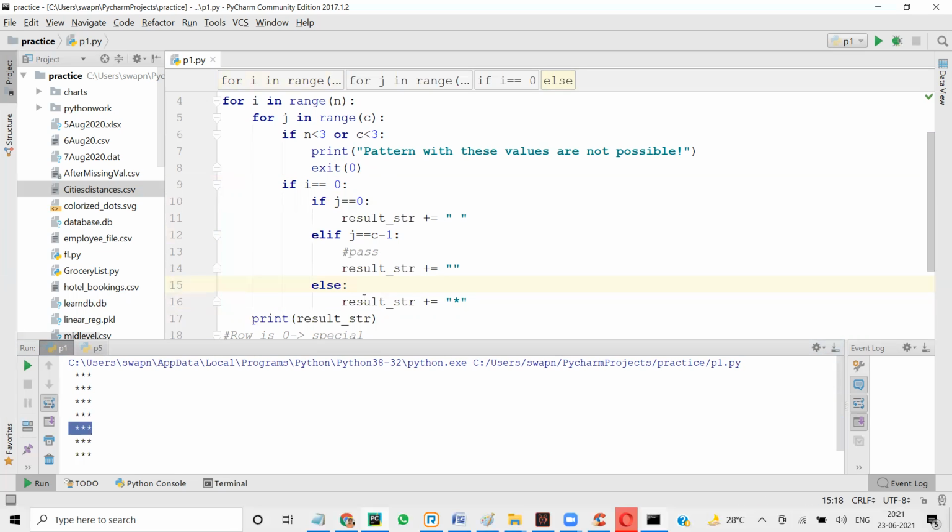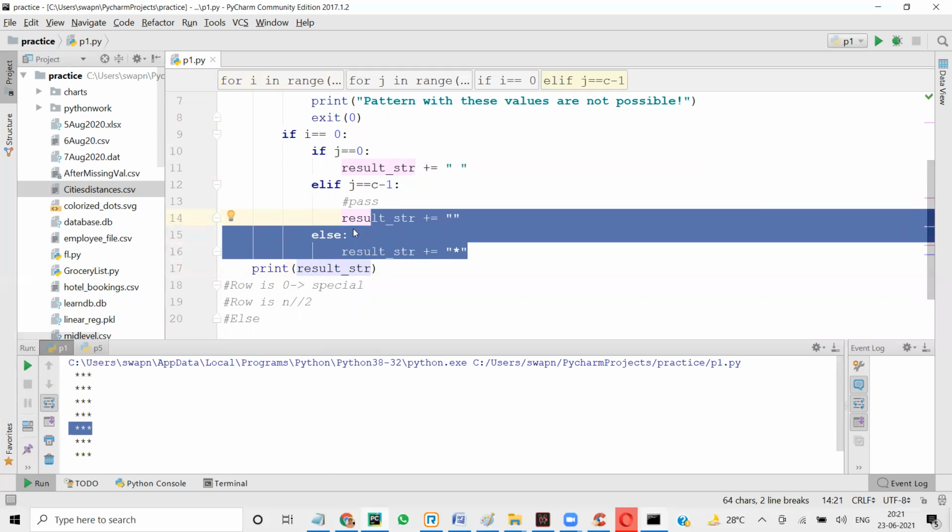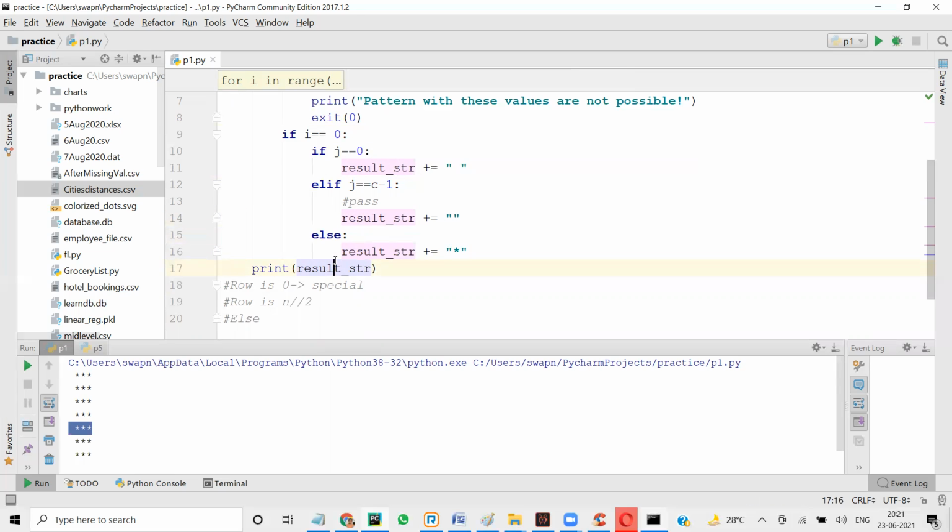It is because we have set the values to result str. So result remains the same. If I give you a 5 rupee coin, and I don't take it back from you, it will be with you forever, isn't it? So we have set the value here in row I equal to 0, but we have to reset it so that when I becomes 1, it should again be blank. So I'm going to say result equal to blank. So when I becomes 1, no longer you will have star. So you see, you got star and all these things are blank.